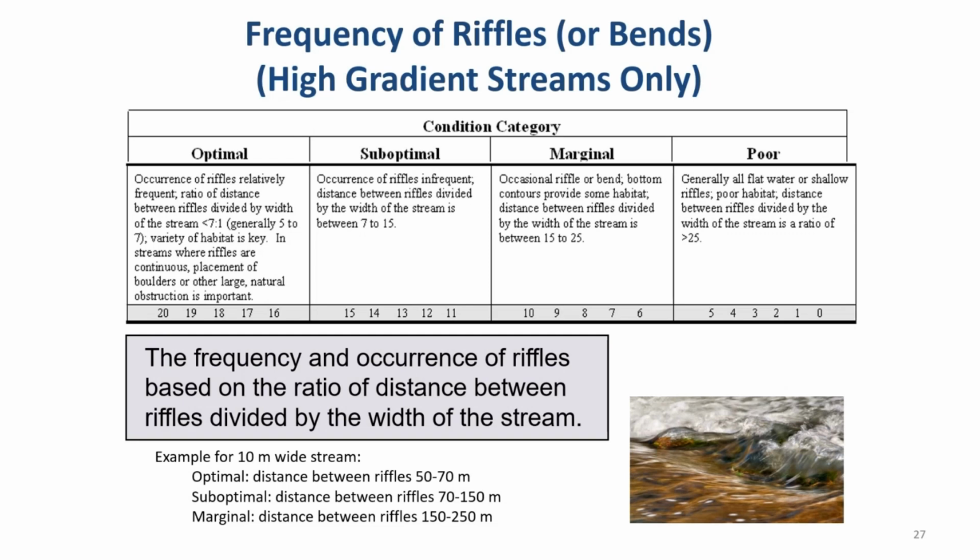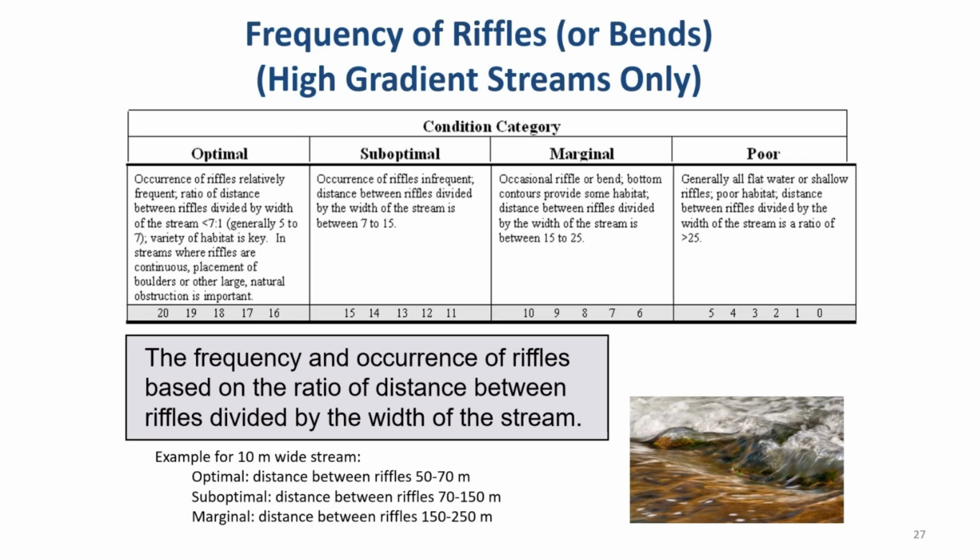The next question is called frequency of riffles. So riffles have the benefit of adding oxygen to the water. So that's really great for aquatic life, to have lots of oxygen in the water. And so we want to know how many riffles there are based on the width of the stream. If it's optimal, the occurrence of riffles is relatively frequent, with a ratio of the distance between riffles divided by the width of the stream